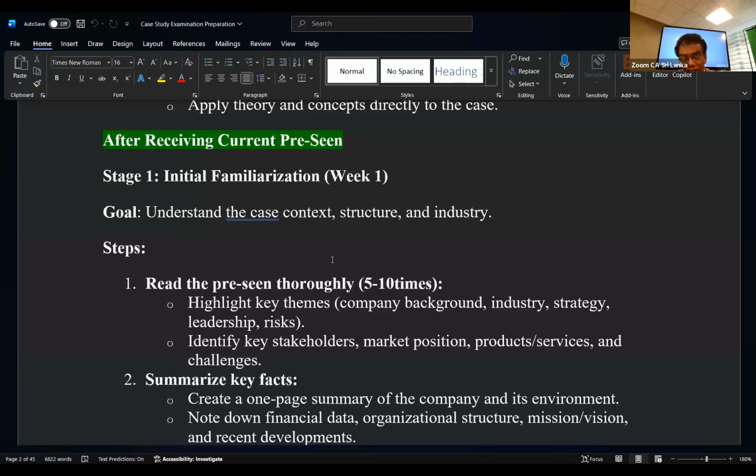If you thoroughly went through this 5 or 6 times, then you will understand this company. You will feel you are working in this company, so your mind will keep coming back to it every time. What is happening? What are the activities happening? What are the product lines? What are the director structure and composition? And there was also a technological issue.